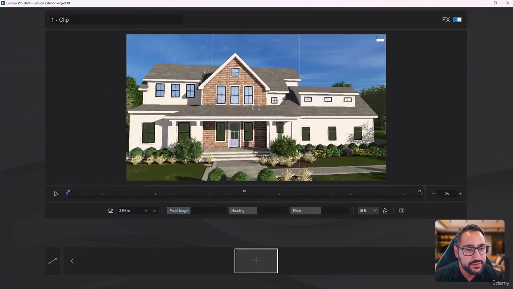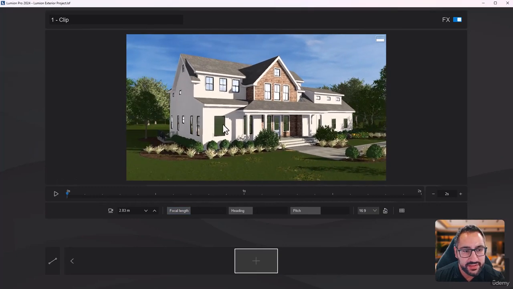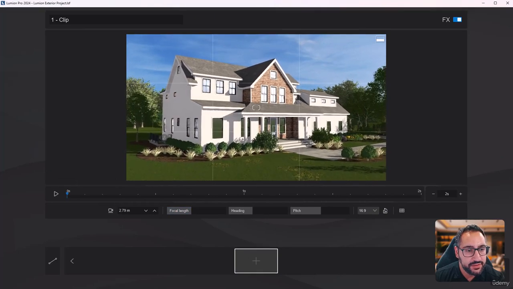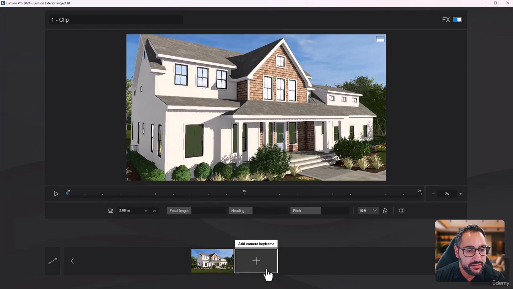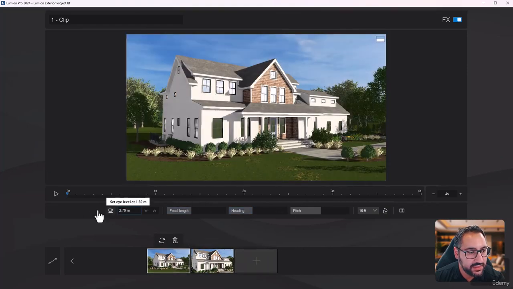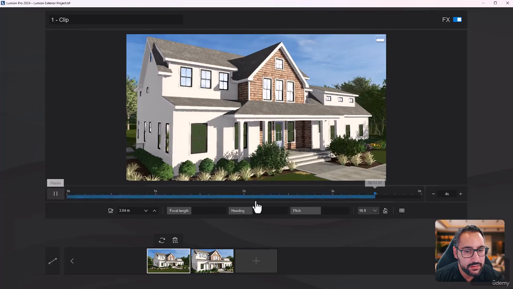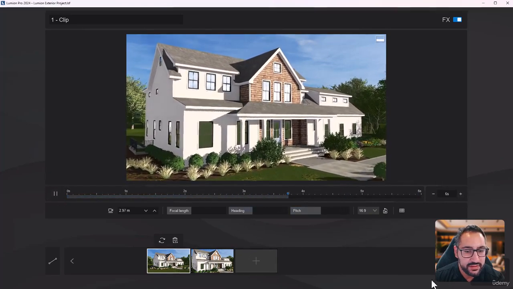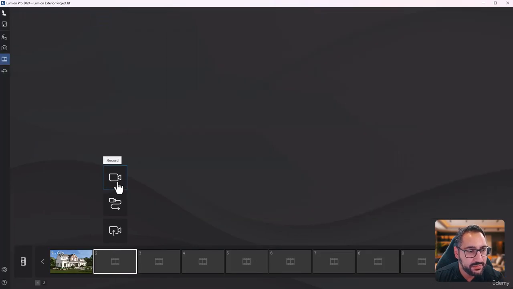So generally when it comes to exterior, I like to do some corner shots just so I can see two elevations at once. So I'll leave that somewhere around there. And I think I could do a simple push in. So I'll do a keyframe here. I'll zoom in a little bit. We'll do the same, and we'll see how that timing is. Okay, I like that. Let's do 6 seconds. Perfect. Once I have that, I'm going to hit check mark, and I'll move on to the next clip,